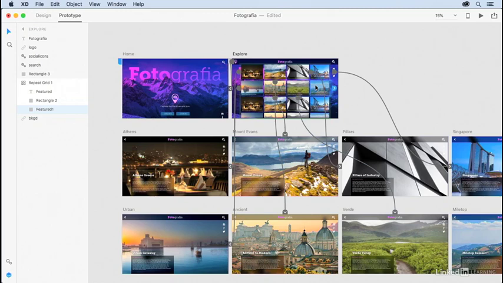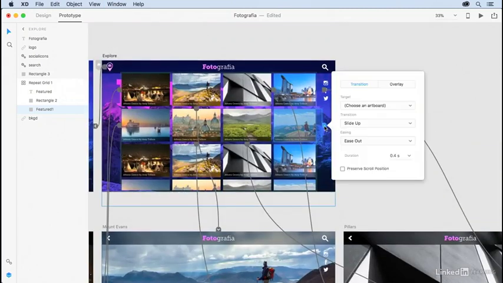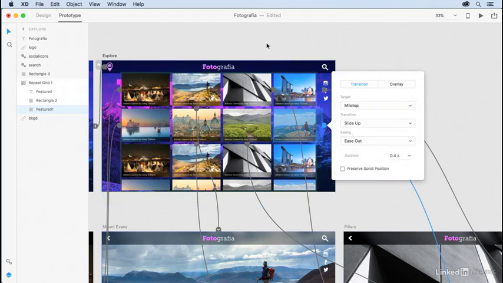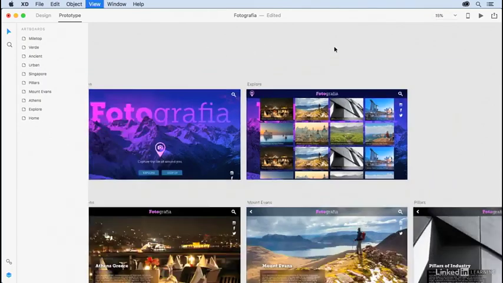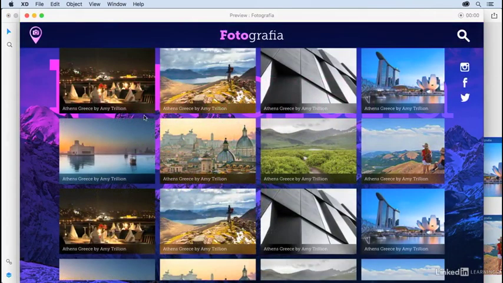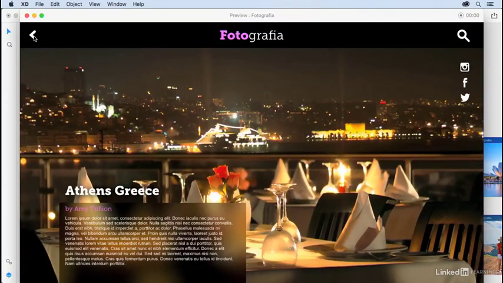Well, what you can do for any element that you want to link, you can click right on that arrow tag. And from here, this will allow you to choose the artboard. So rather than dragging and pointing, you can just select mile top, which is the last element, and it's going to slide up. Fantastic. Okay, so we can kind of test that out. I think you already know what may or may not happen, but let's dive into this. As I click on this first one, it's going to slide up,